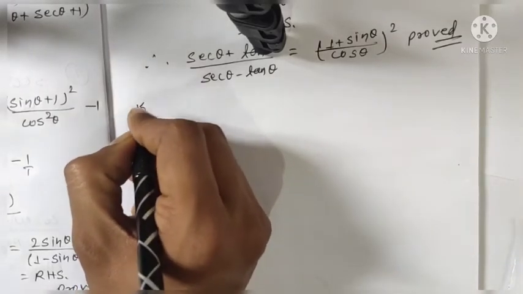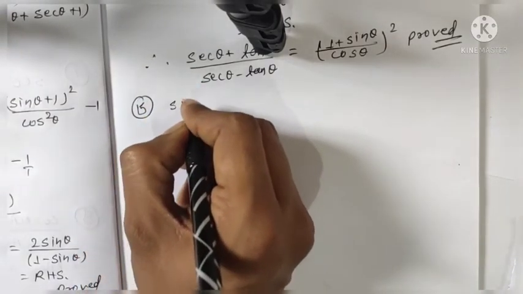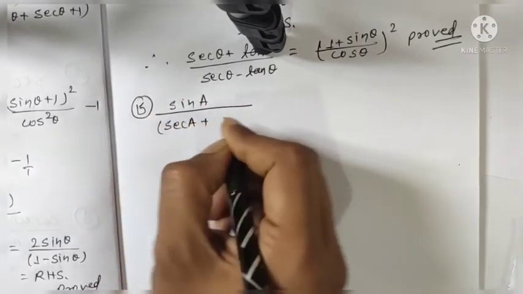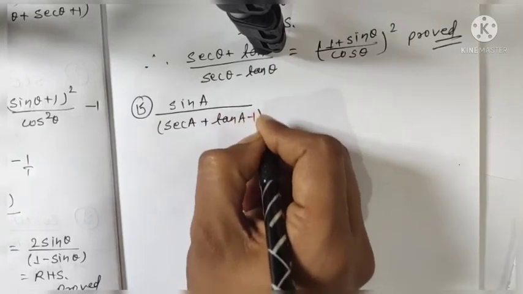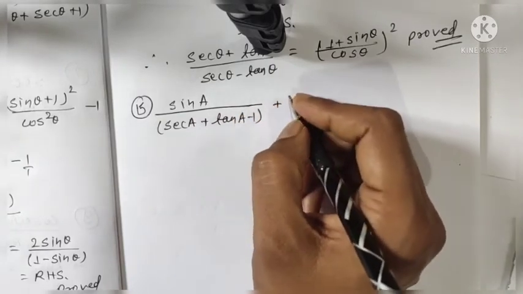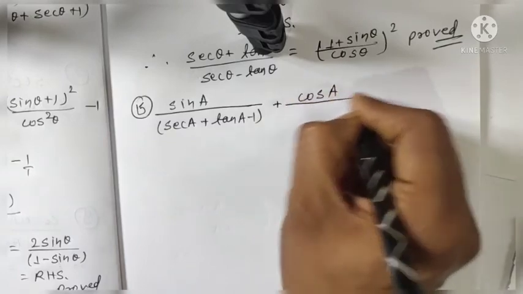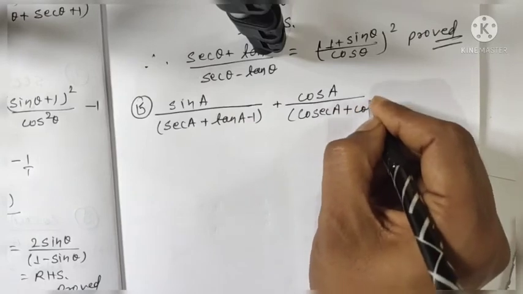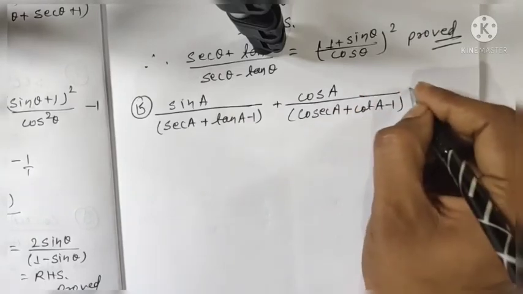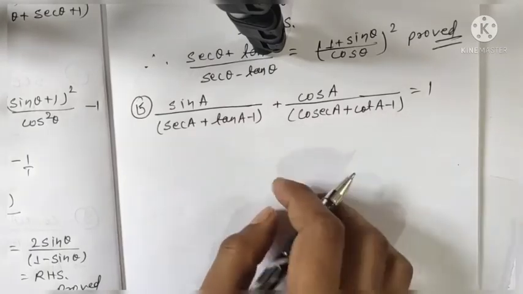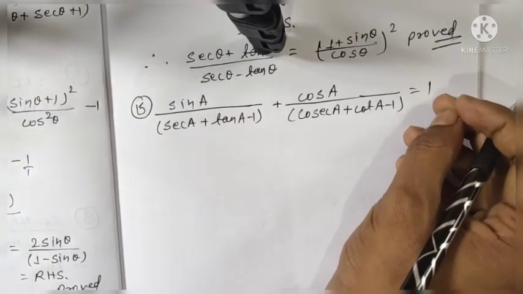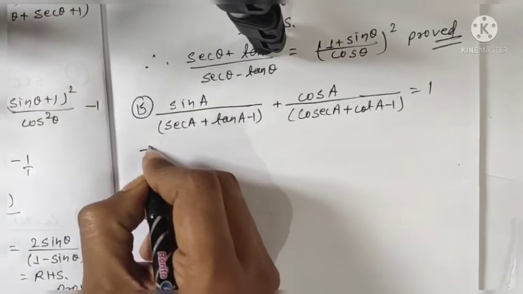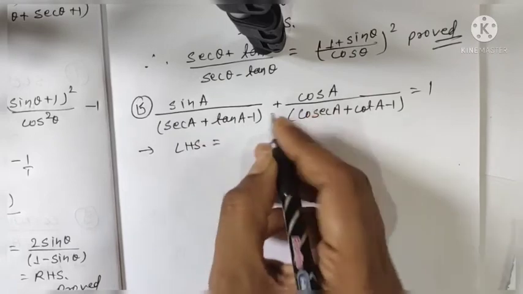Now question number 15. Question number 15 is sin A by (sec A plus tan A minus 1) plus cos A by (cosec A plus cot A minus 1) equal to 1, and we have to prove it. So the right side is in the simpler form, so we are going to solve the left hand side. Now LHS is equal to